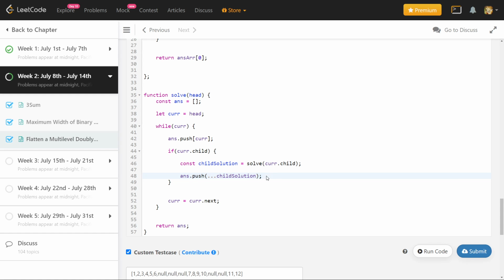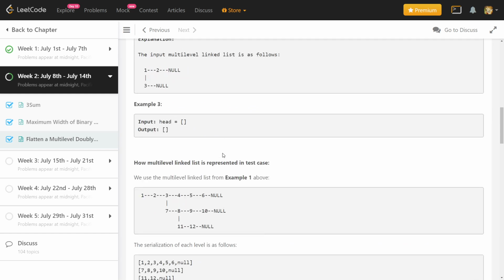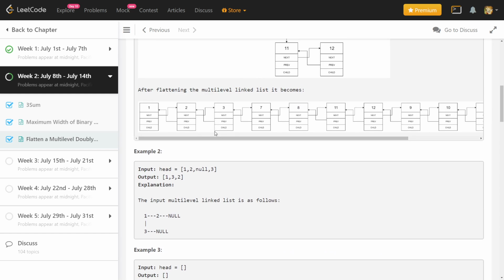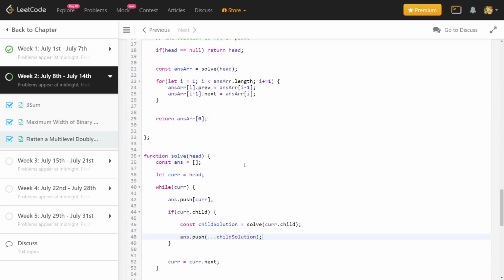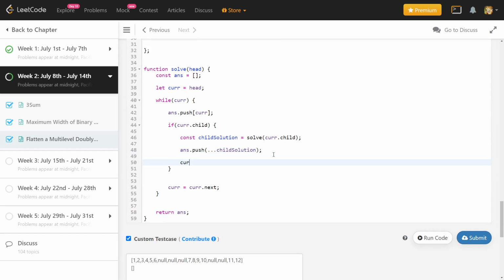So this should work. And then there is one more thing we have to take care of, which is that the answer is a single level structure and no node has a child pointer. So for that we will set the child pointer equal to null, so that in the final answer that node does not have a child, because we need a doubly linked list with a single level. If it has a child, then it again becomes a multi-level thing. Alright, so this should work.